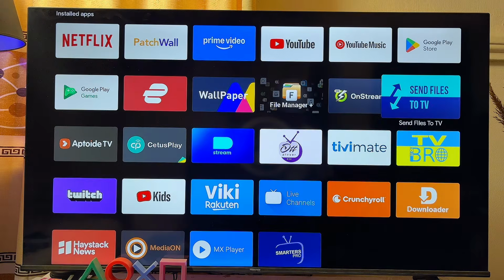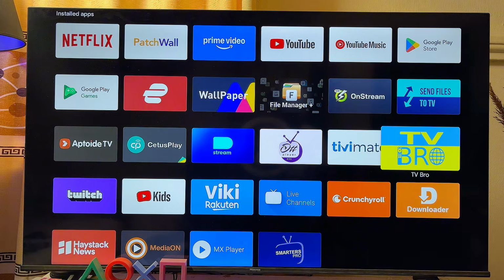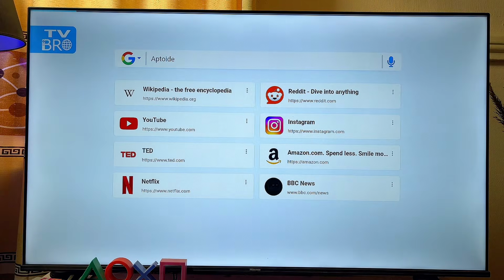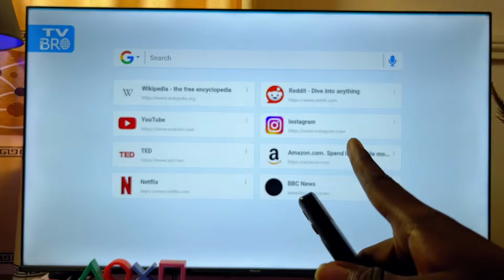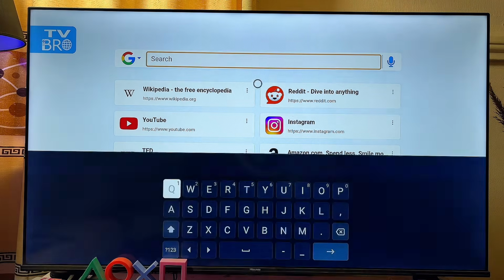In my case, I like to use the TV Bro browser, which is basically this browser over here. So you can go ahead and download and install the TV Bro browser if you want to, but I'm going to be using that for this particular video. So go ahead and select the TV Bro browser. Now from the home, this is basically how the TV Bro browser looks like, and what you want to do is to go over to this search in page feed over here, and then you want to go ahead and